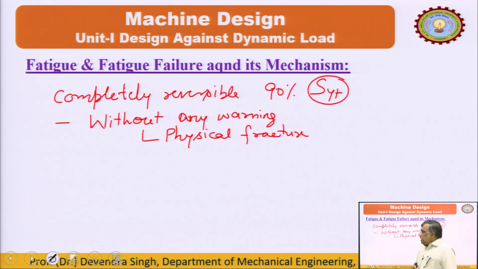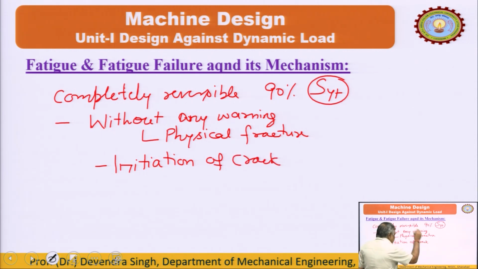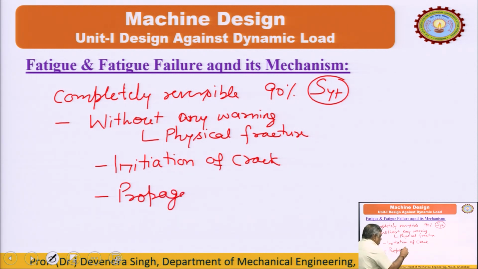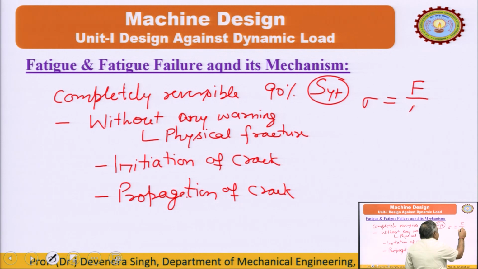As far as the mechanism is concerned, fatigue failure takes place in two steps. First is the initiation of a crack, and the second stage is the propagation of the crack. As we all know, the stress is F upon A. If the area reduces, then the stress